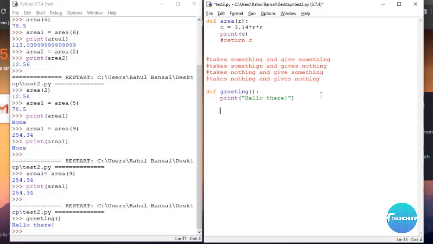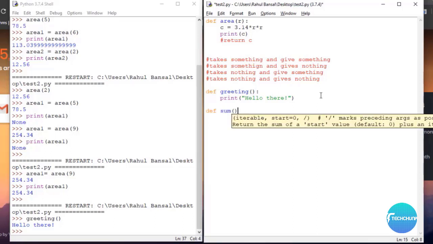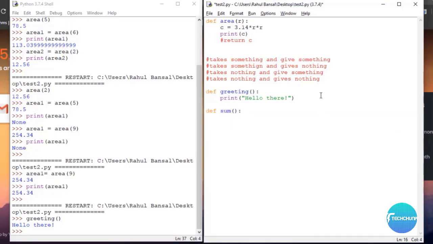Let me give you an example of the third function category also. Let us define a new function, say sum. In this sum, let us say it returns a sum of 4 and 5. It returns that sum.